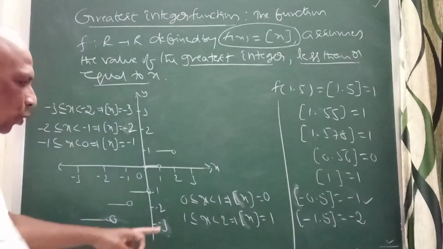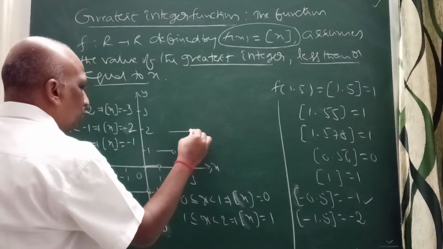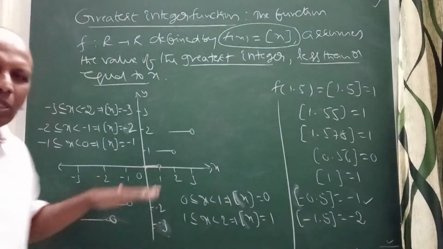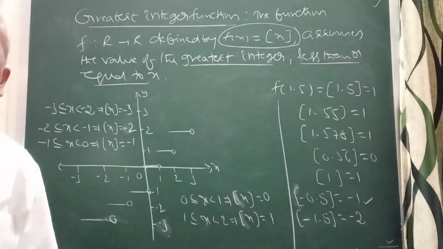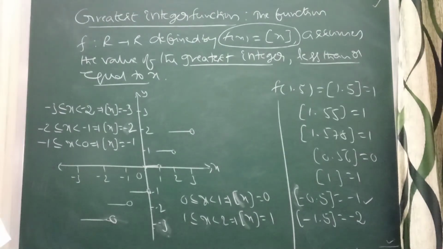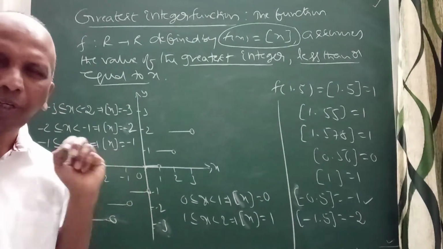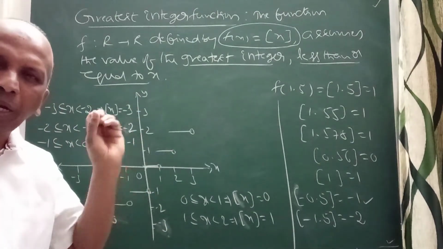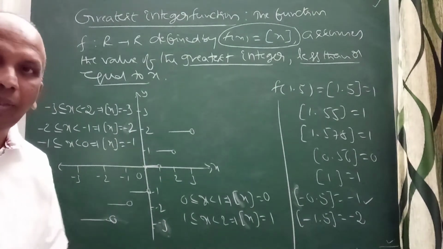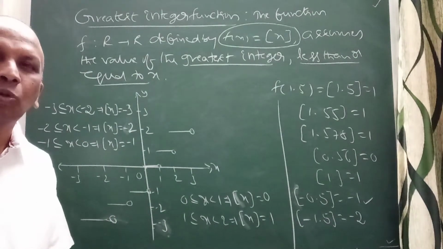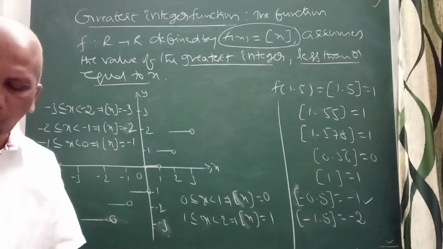Suppose I extend to 2 to 3, if we take 2 to 3, it will be like steps. So this is called the step function or greatest integer function. Like this we can define this. These are also most important from the point of view of entrance exams. If you learn the properties properly, so many properties are there, definitely we can do different types of problems easily. We should be thorough with this topic.